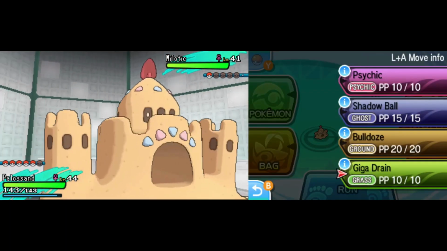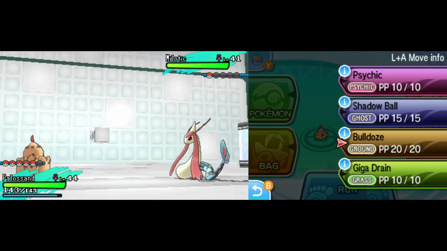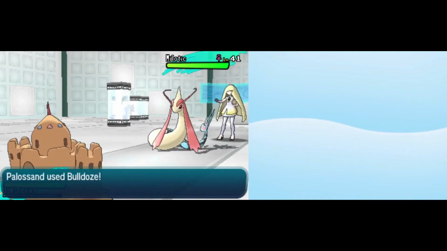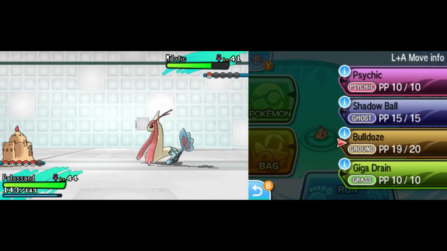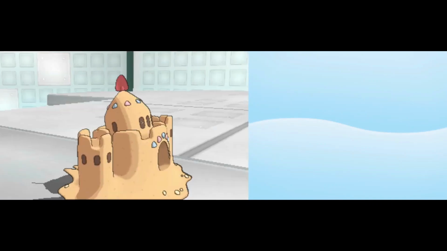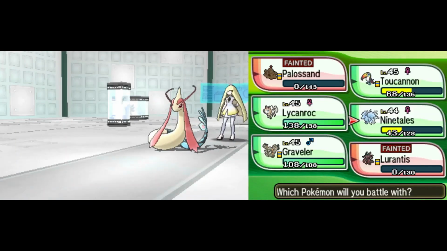We have the super effective Giga Drain as well as a Stab Shadow Ball to lower the special defense potentially. We also have the Bulldoze to lower the speed to try to open the door for our team. We do get the Bulldoze off. We are a little bit faster now, and the Hydro Pump misses. If that connects, it is all over because that is just so much damage, and the Sandcastle is absolutely drowned,